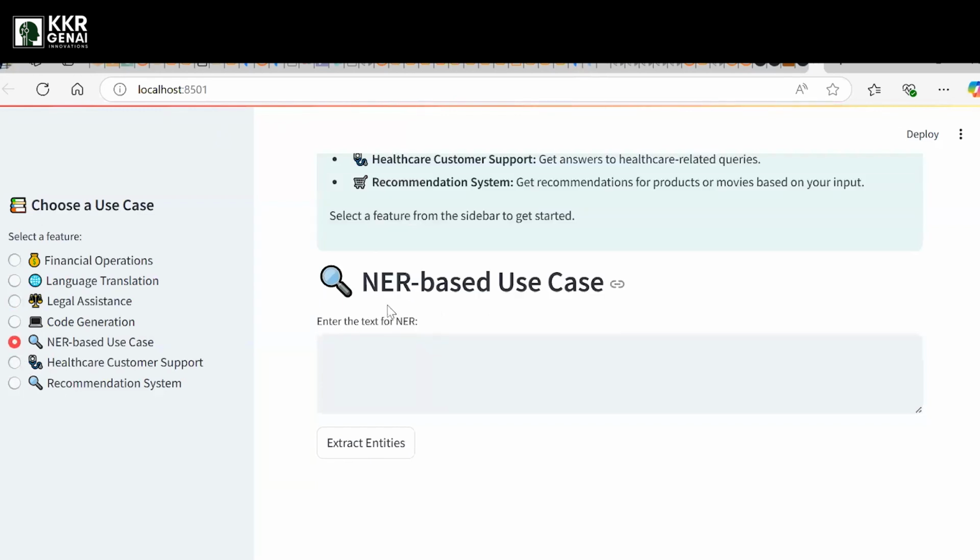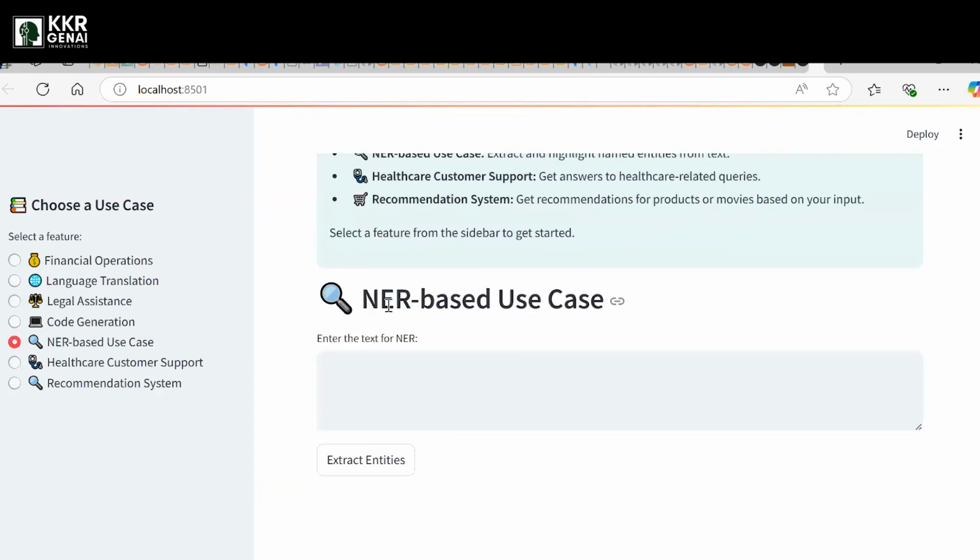And you can even do NER-based use cases, where for a given text you need to identify which keywords belong to persons or locations, or belong to fruits, or which category these particular keywords fall into. Everything like this can be developed with the NER-based approach as well. NER stands for Named Entity Recognition system.